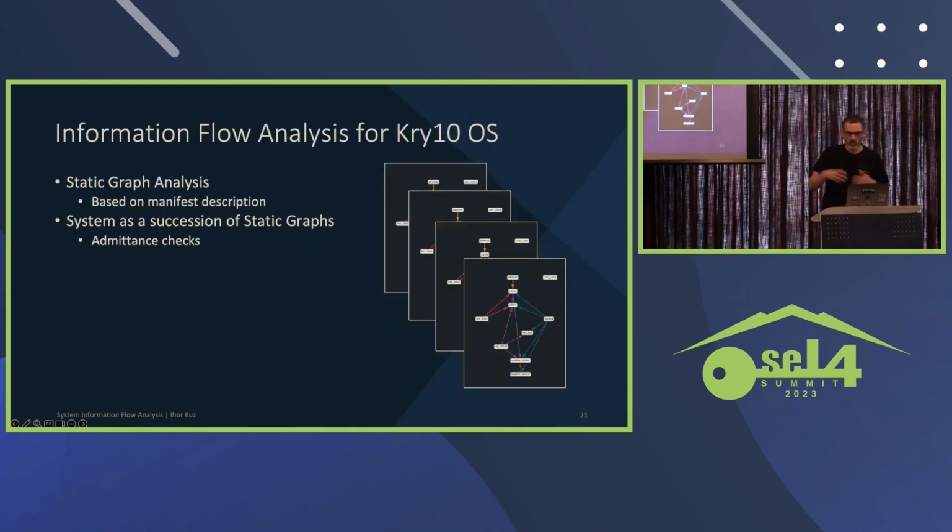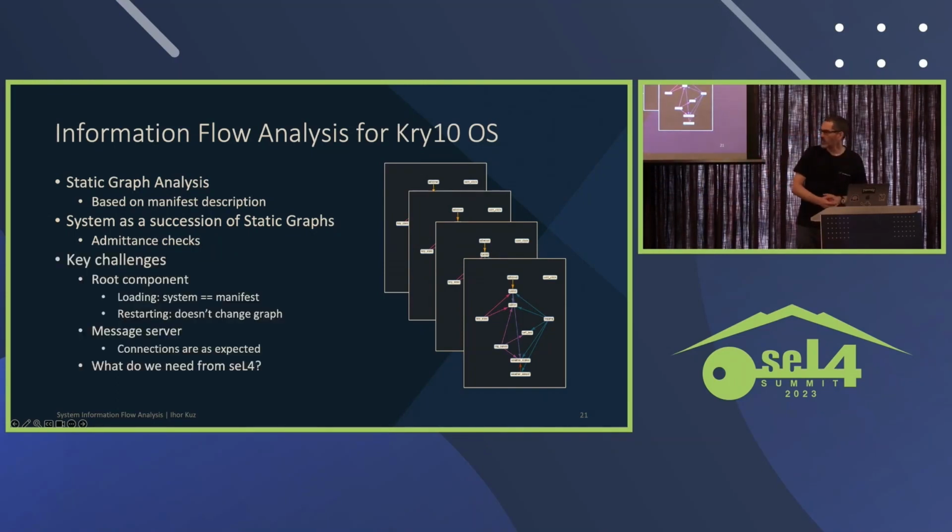And so if we want to do information flow analysis and use this to validate our security policies in Kry10 OS, our approach is to do this kind of static graph analysis based on the manifest description. And then because it's a semi-dynamic system, we see it as a succession of static graphs. So we would do admittance checks. The main technique for doing that is our update technique, where we can provide a new manifest and new components and update the system. So we would do admittance tests and checks to see whether the new system fulfills the policy or